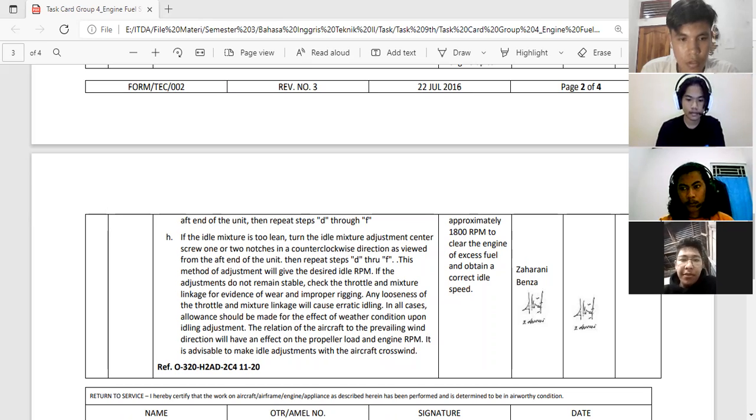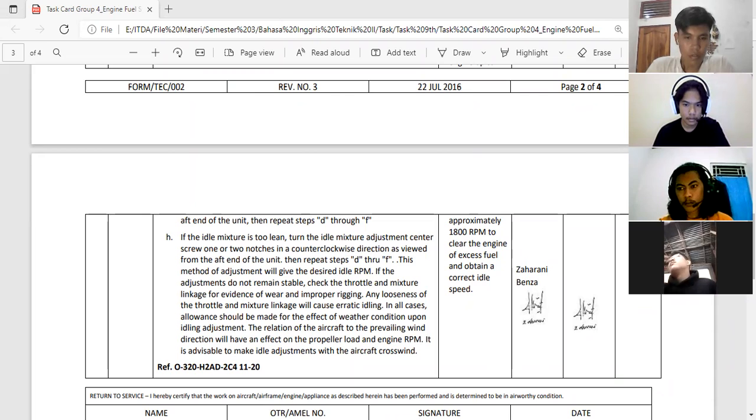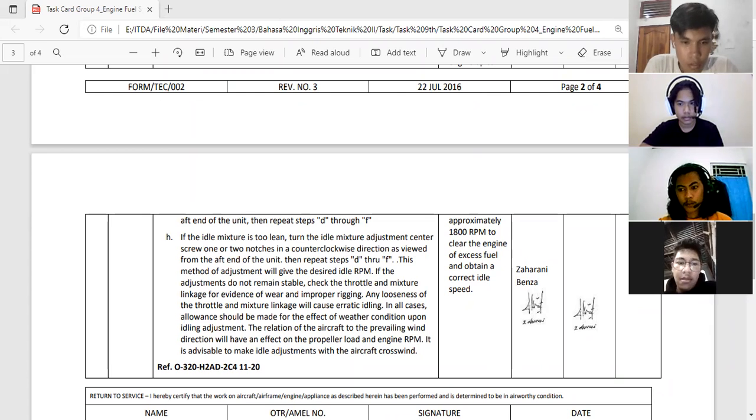In all cases, allowance should be made for the effect of weather conditions upon idling adjustment. The relation of the aircraft to the prevailing wind direction will have an effect on the propeller load and engine RPM. It is advisable to make idle adjustments with the aircraft crosswind.